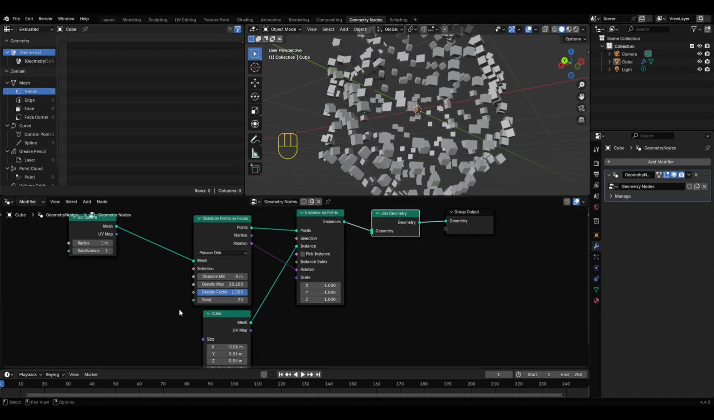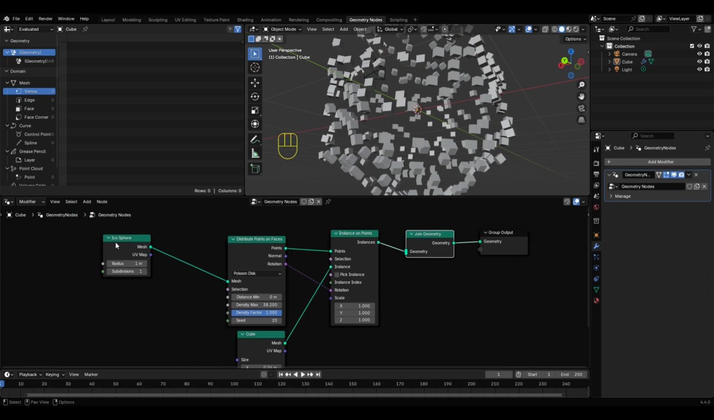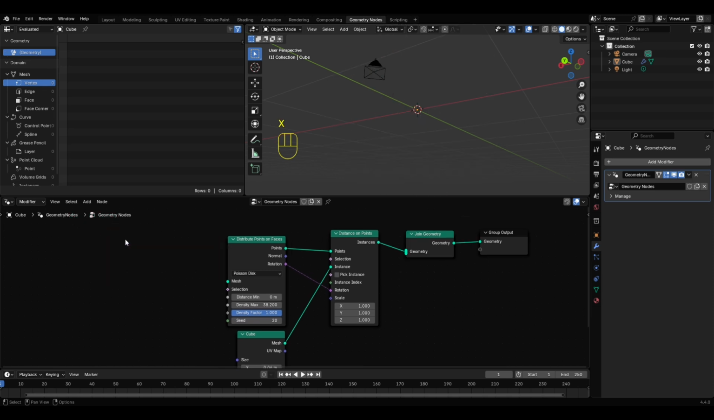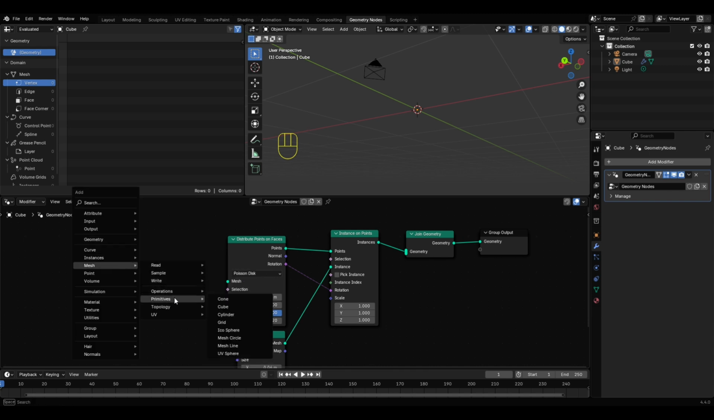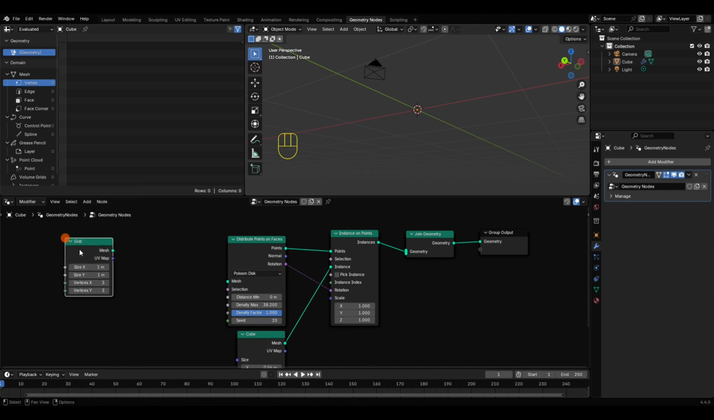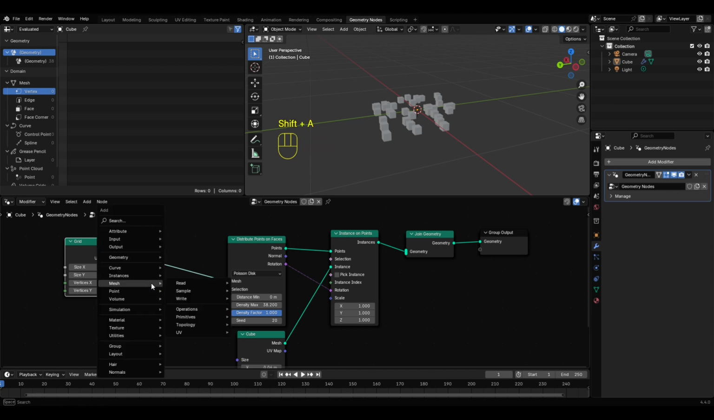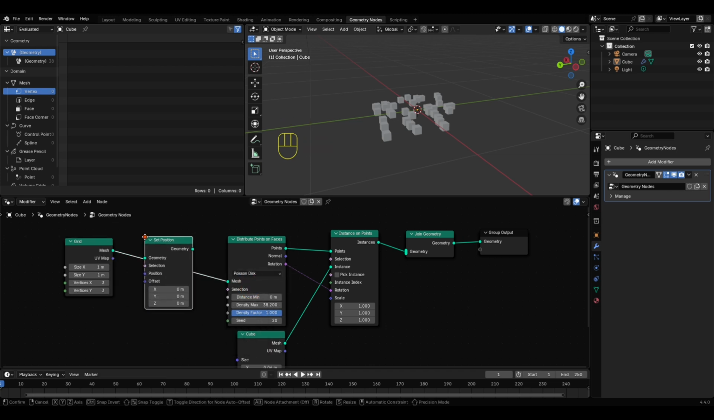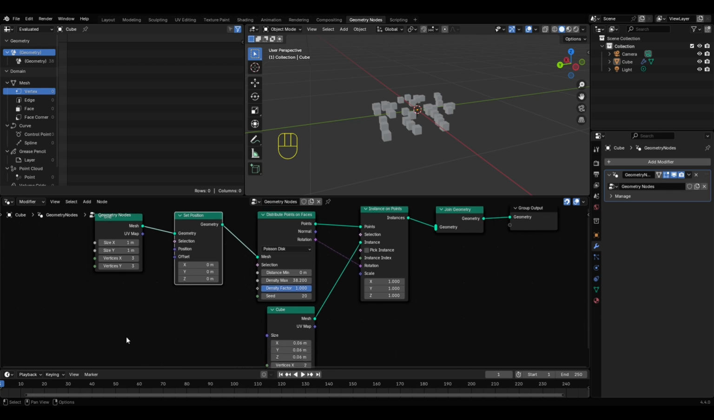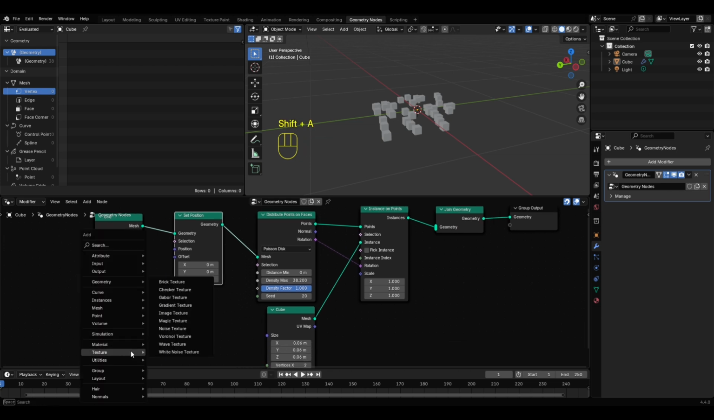Now let's take a look at our first example of how we can use this node practically. We'll remove our base icosphere, and let's bring in a grid to represent our little plot of ground. We'll bring this into the distribute points on faces as the base mesh. Now let's add a set position so that we can add some variance to our grid plane. Let's also add a noise texture,